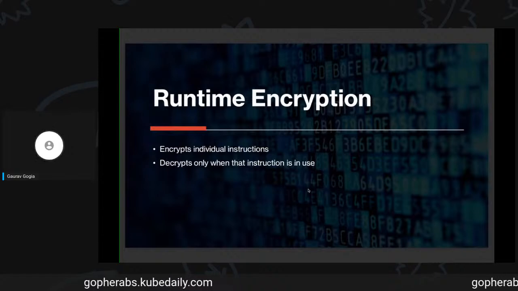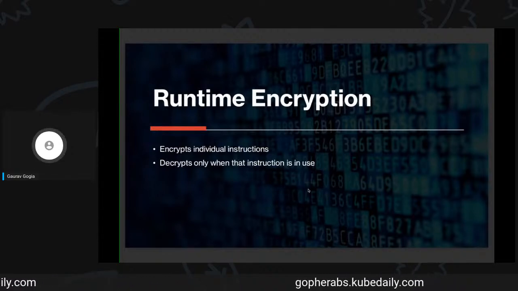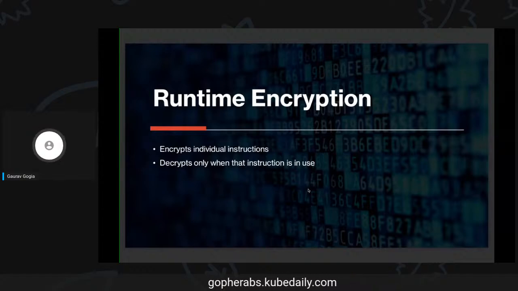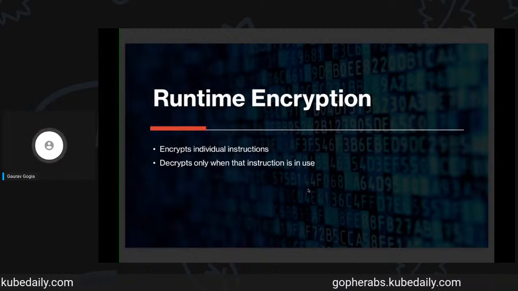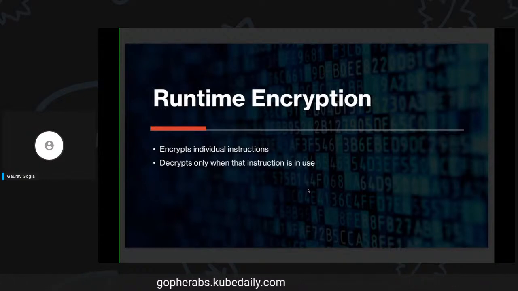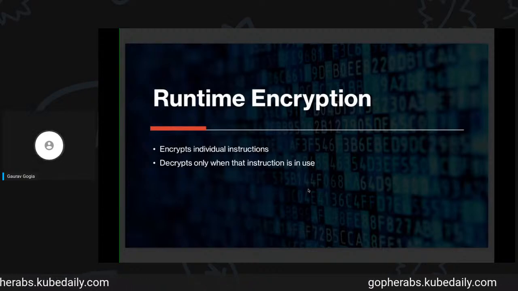About runtime encryption, whatever instructions we are adding, whether an add instruction, print instruction, or some other instruction, down to the instruction level, everything is encrypted one by one. You can see in the source code what encryption algorithm I have used for that. These individual instructions are decrypted only when they are in use.